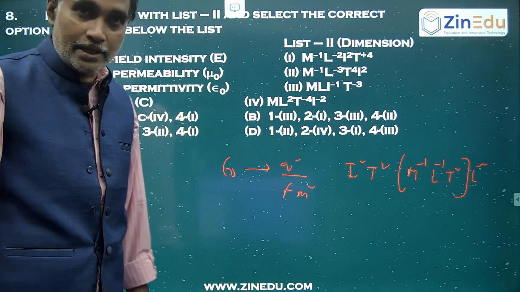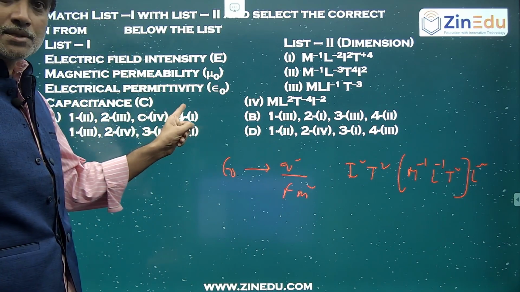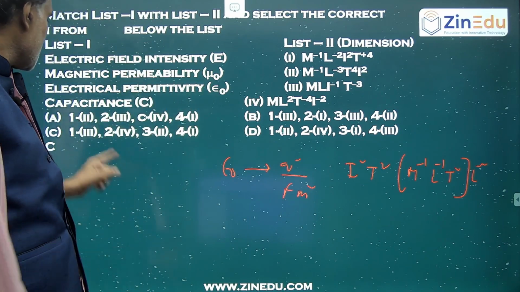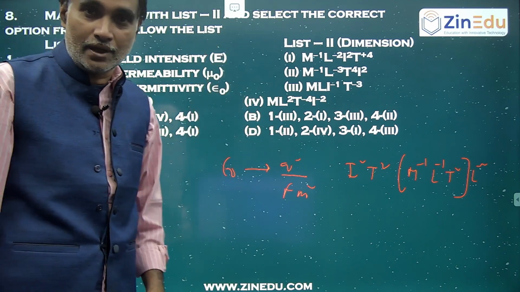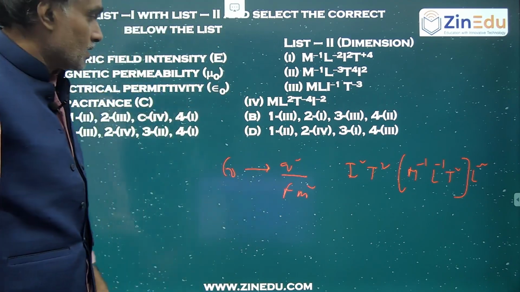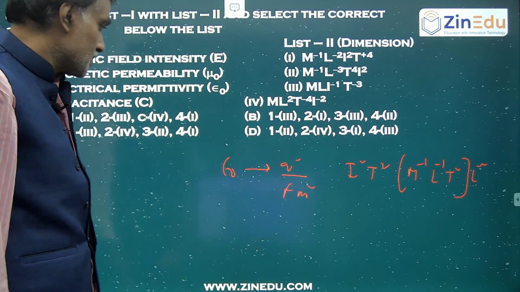Like that you can check. If you verify the first choice, what happens? You have to verify at least 2 times, because for 1, 2 and 1, 2 once again they have given. The second one also you have to verify. That is the problem. So directly verify for electric permittivity. Okay, the answer is